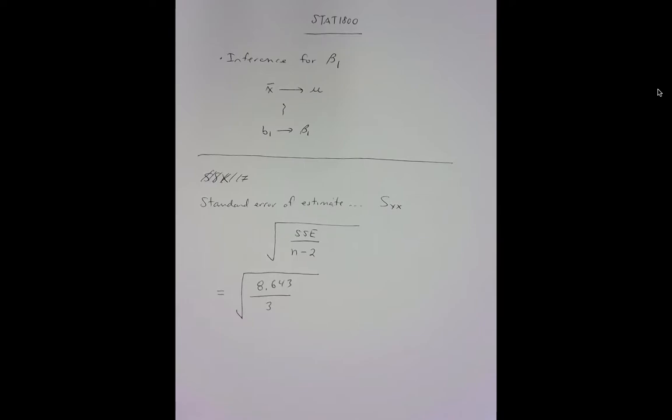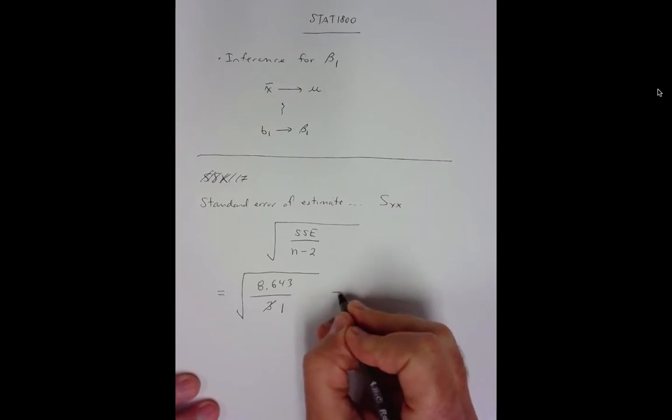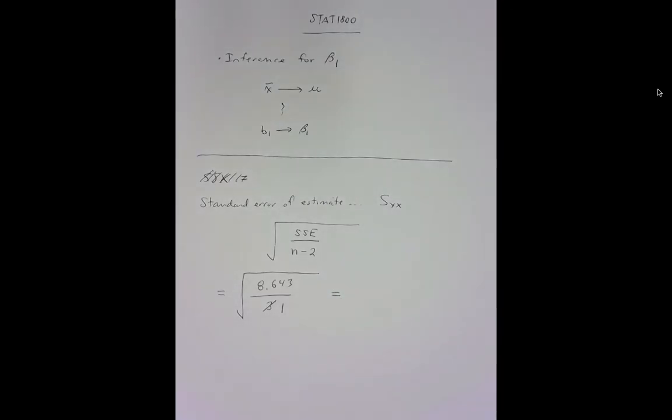Well, guys, trust me, I know 3 minus 2 is not 3. I just got sloppy. That should be 8.643 divided by 1. So that changes our standard error of the estimate to taking the square root of 8.643